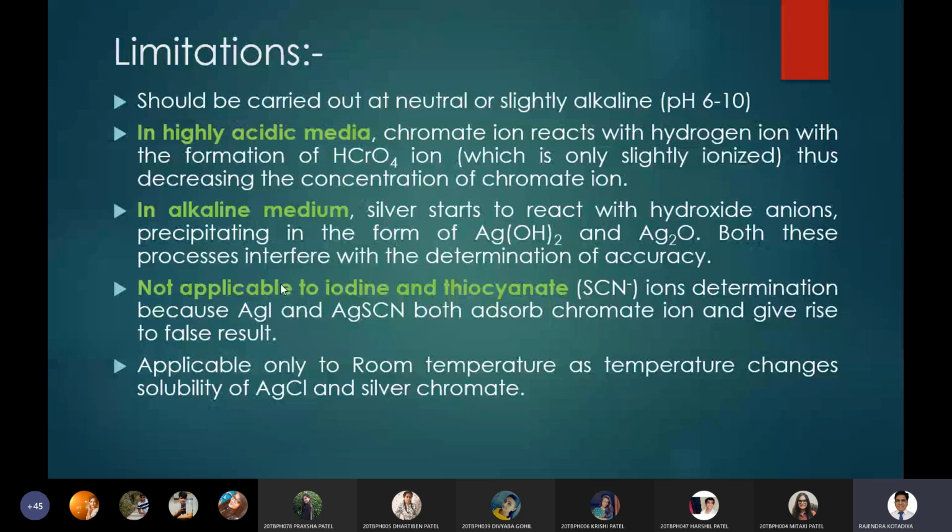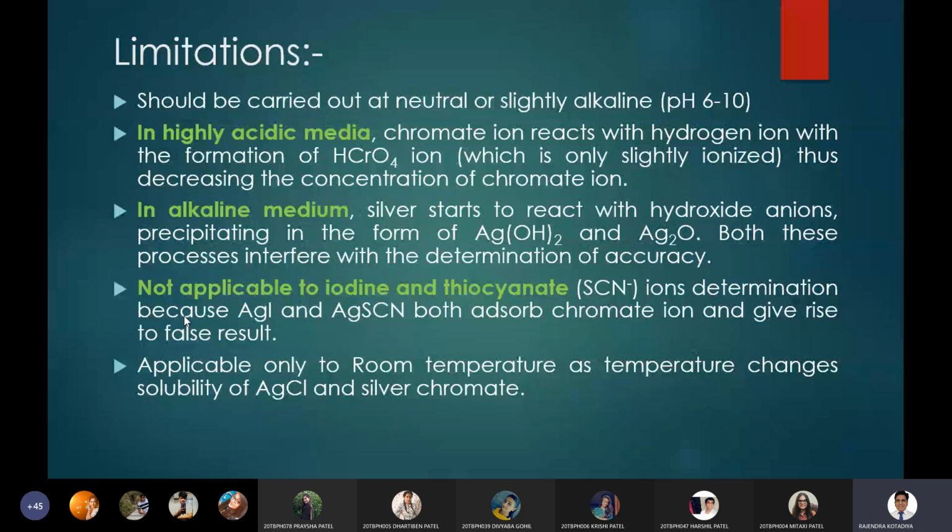As we have discussed earlier, it can be used for determination of chloride ion or bromide ion, but it is not used for iodide ions, or it is not applicable for finding out the concentration of iodide ions. Okay, iodine જે છે એના ions આપણે શોધી ના શકીએ, and at the same time thiocyanate ions we cannot determine by this particular method. Why? Because when you add silver nitrate into iodide solution or into the thiocyanate solution,